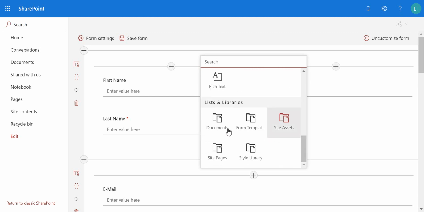Further down, we've also got lists and libraries, and this is looking at the lists and libraries that also make up this site. Again, in a separate video, we're going to add a sublist onto our form so that you can have that sort of one-to-many type relationship between two different SharePoint lists inside a single form, which makes completing forms a lot quicker. If you consider an employee and expenses or something like that, there may be many expense items that an employee is logging, and they could do that on one form rather than going into two different forms